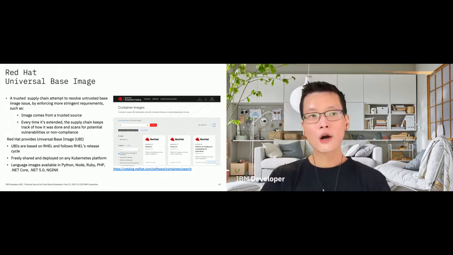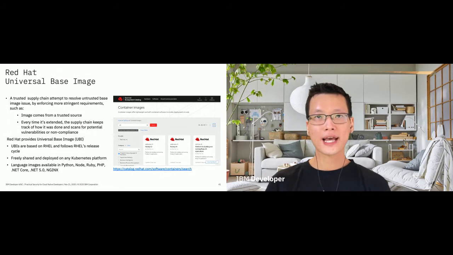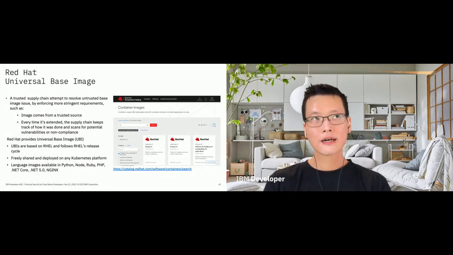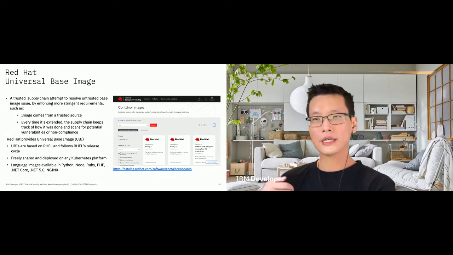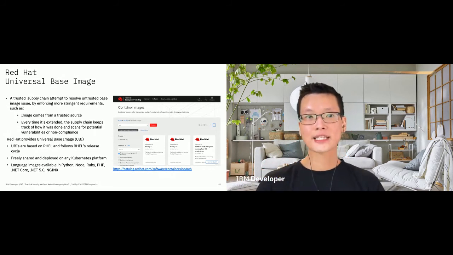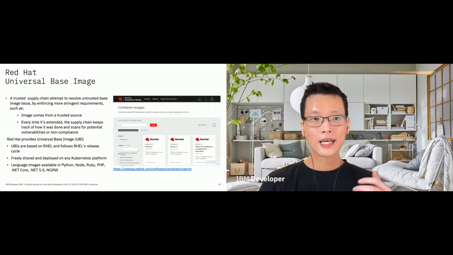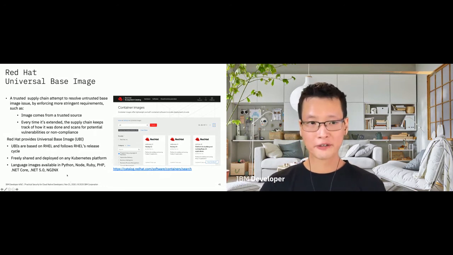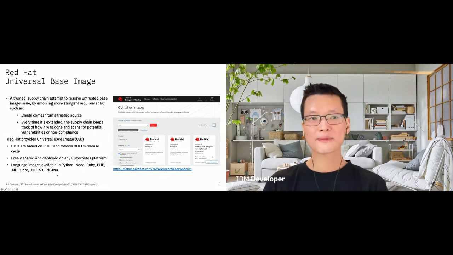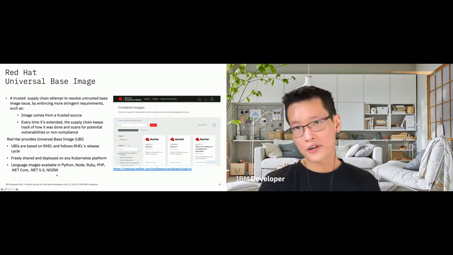So a way to go around it is to use these things called Red Hat Universal Base Image. These are images that follow the best practices for security from Red Hat Enterprise Linux. They are based on RHEL, and when I say RHEL, I mean Red Hat Enterprise Linux, and they follow the RHEL release life cycle. So Red Hat has built some language-specific images for Python, Node, Ruby, PHP, .NET Core, .NET 5.0, and